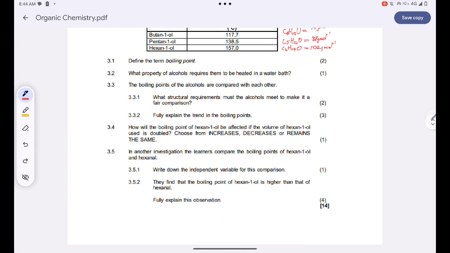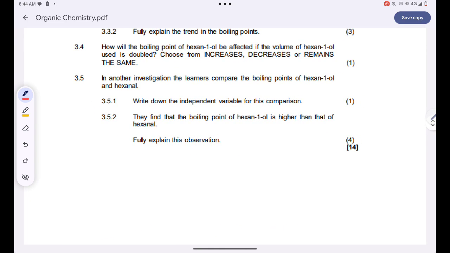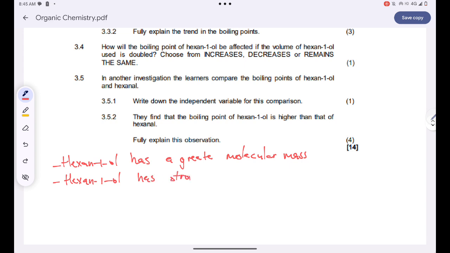But let's answer that so that we can be able to chow marks, né? We can see that point number 1, hexane 1-ol has a greater molecular mass compared to the other two together, and hence the intermolecular forces that exist in hexane 1-ol will be stronger than the others. So hexane 1-ol has stronger intermolecular forces, and then more